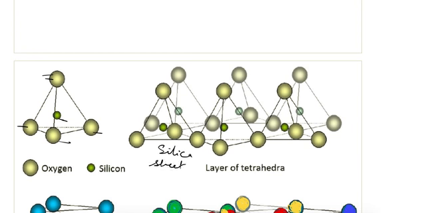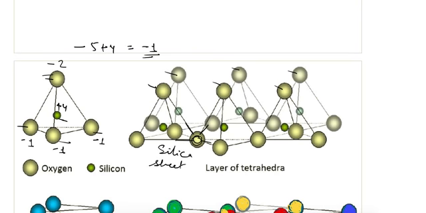In this case, all the oxygen atoms at the base are connected to two units. Because these are connected to two units, the charge on a single atom will be -1, and similarly -1 here. The top oxygen atoms are not connected to any other unit, so they have a charge of -2, and the silicon atom will have a charge of +4. So the net charge on the tetrahedral sheet will be -5 plus 4, that is equal to -1.